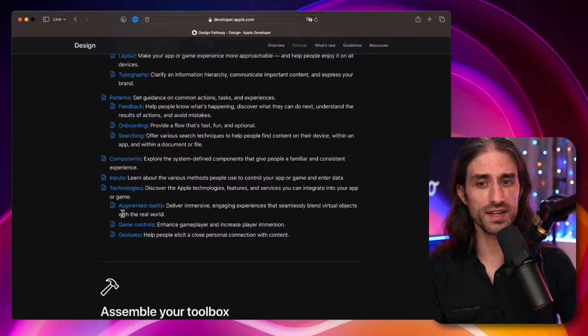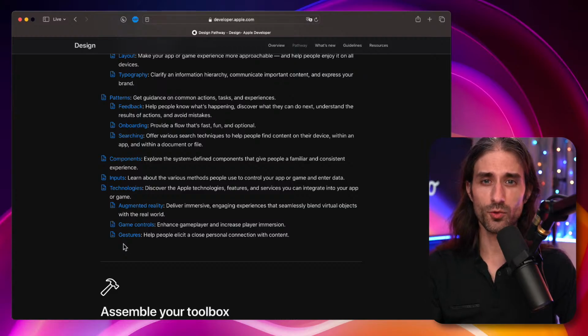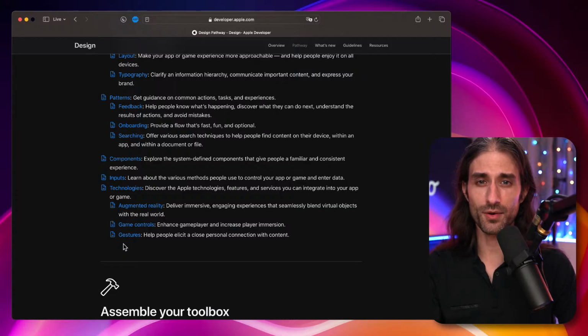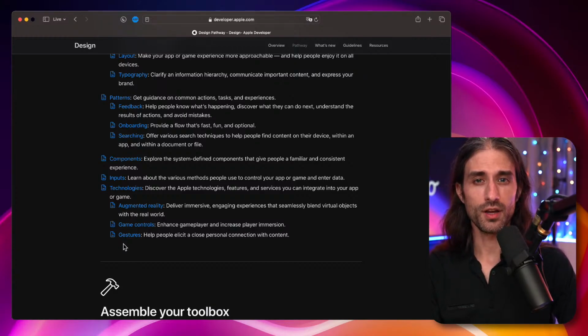For instance, augmented reality, game controls, or gestures, which I think is more relevant because arguably every interaction we have, especially with iOS, iPadOS, visionOS, watchOS devices, are almost only gestures. Unless when you use one of the physical buttons, but it's not the majority of the interactions. Granted, most of the gestures are encapsulated because when you have a button, you listen for the tap event, but this tap event is listened to by a gesture under the hood, and so understanding how these gestures work is very useful.